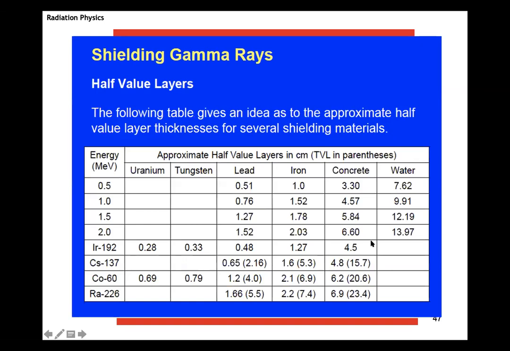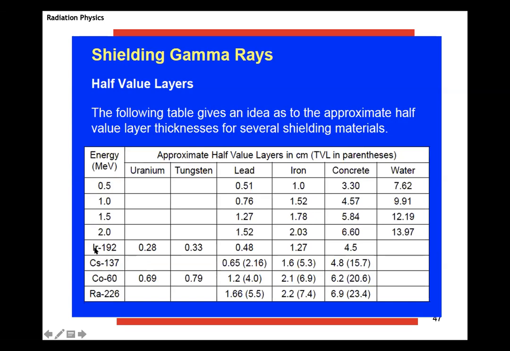So let's see some examples here. For example, half value layers. This table gives an idea of the approximate half value layer thickness of several shielding materials. Save this table because it's very useful for the Übungen. You see, because you have different energies. These are generic photons, 0.5, 1, 1.5, 2. These are specific radionuclides,